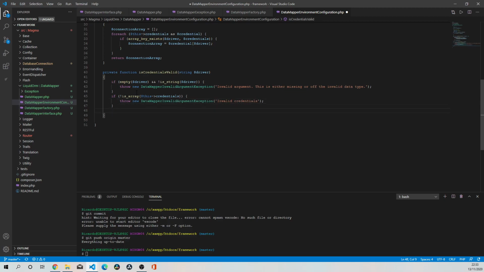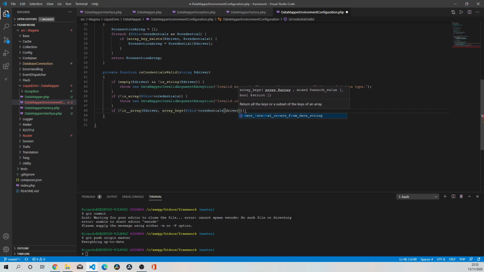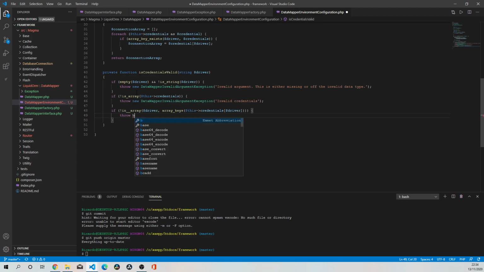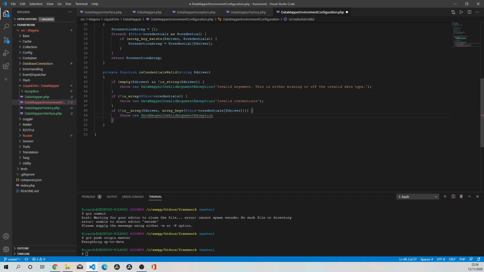And the last one that I want to throw is if it is not in array driver array keys, this credentials driver needs to be driver, then we're going to throw a next. Let's just copy and paste this because this keyboard is really driving me up. DataMapper invalid argument exception, and for this we're going to put invalid or unsupported driver, unsupported database driver. So obviously we've not yet created this exception class,